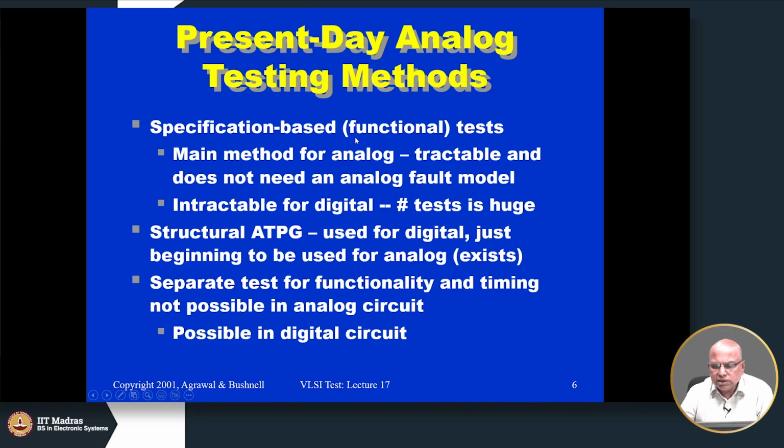We are not interested in looking at how this analog IC was made, and we do not want to look at a particular transistor and whether it has failed and things like that. That is not the level at which we are planning to test. We are sort of looking at the analog IC as a black box,